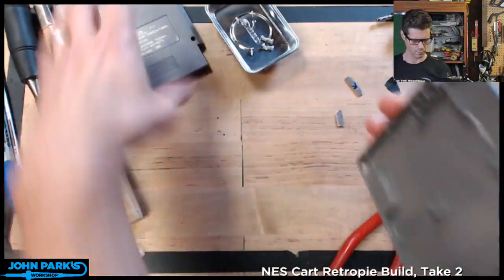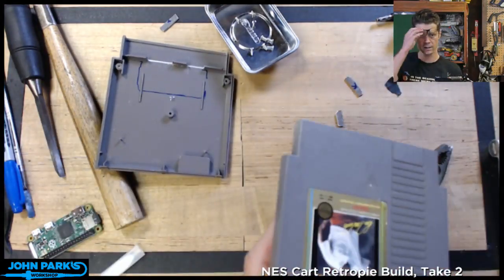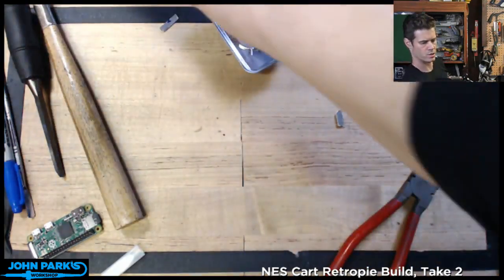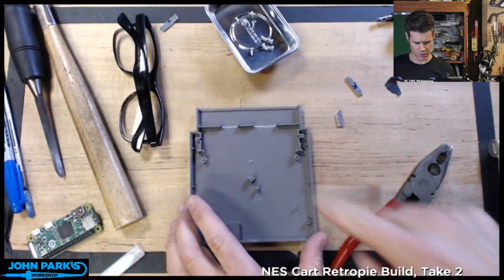Okay, so now I've got ports. And let's see, next step. So I think what I'll do is I'm going to use this sort of second method, which is I'm going to,